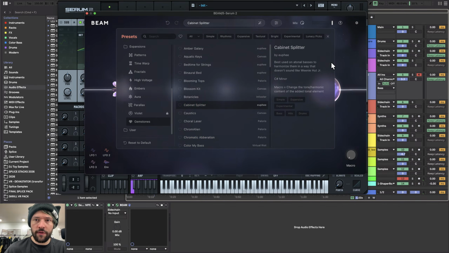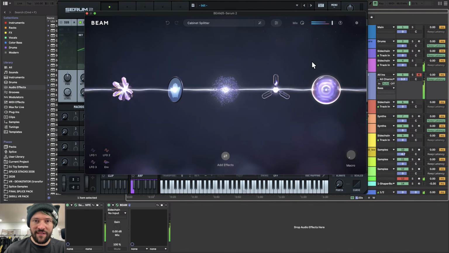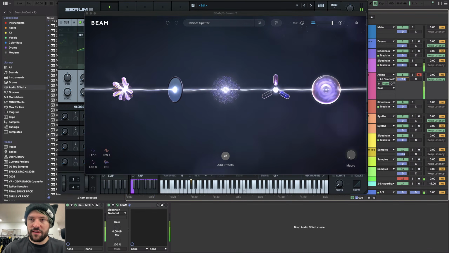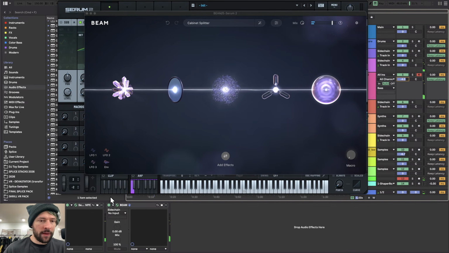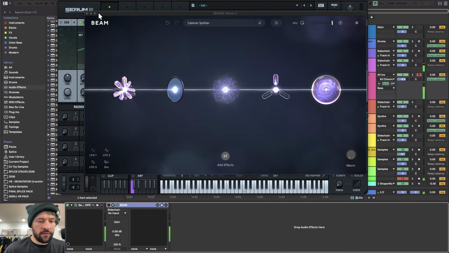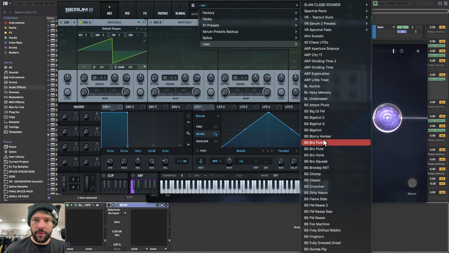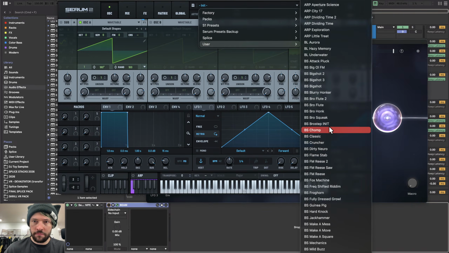Cabinet splitter, best used on atonal bass to harmonize them in a way that doesn't sound like Weenie Hut Jr. C sharp major. Ooh. Oh, Jesus. I mean, this isn't an atonal bass right now, this is just a saw wave. Can we put like a weird